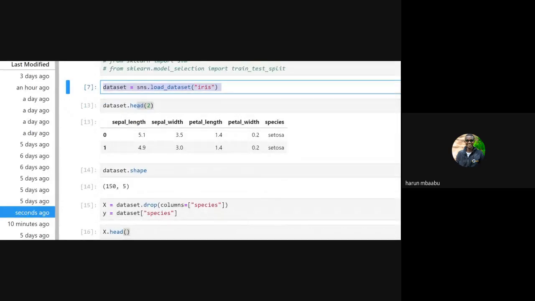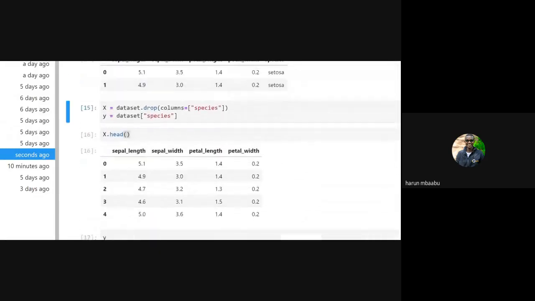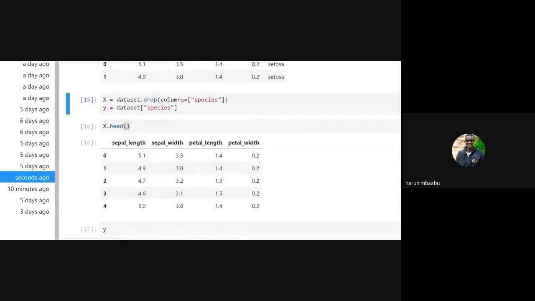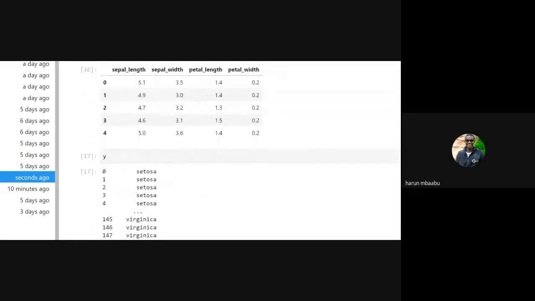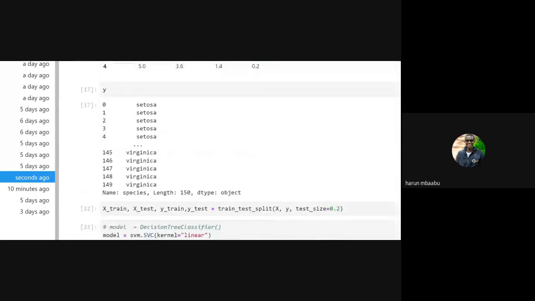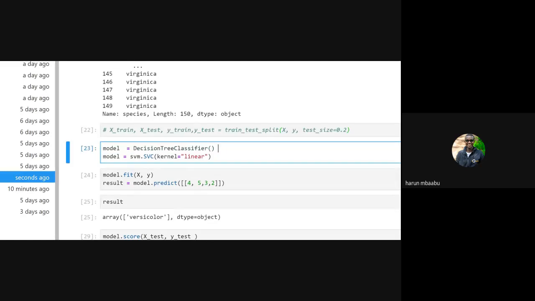There you'll find sepal length, sepal width, petal length, and petal width. Also, there is data.drop. I want to specify only the data that I will use, to specify the species that the flower belongs to. Then after that, I split the data, but I won't be using it in this case, so I will comment it out.